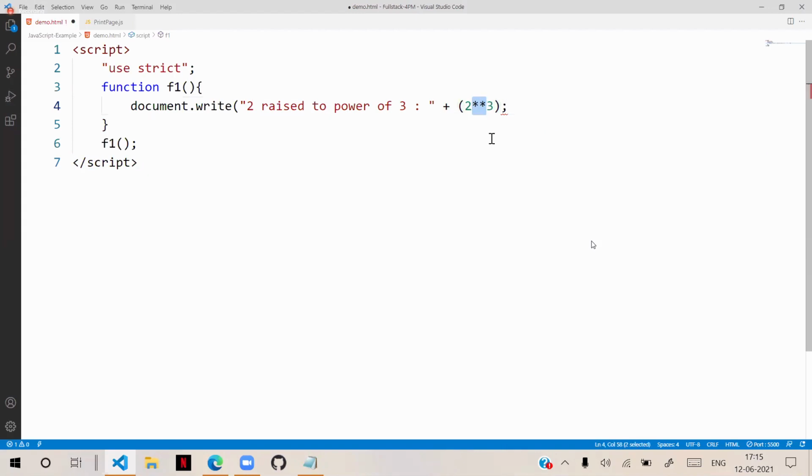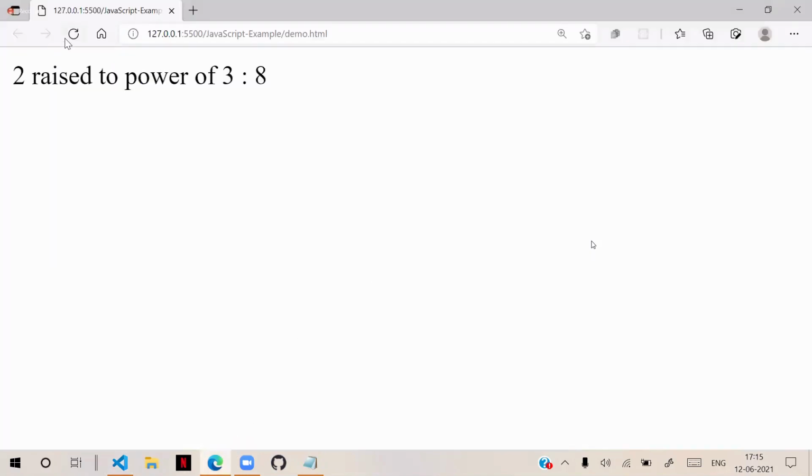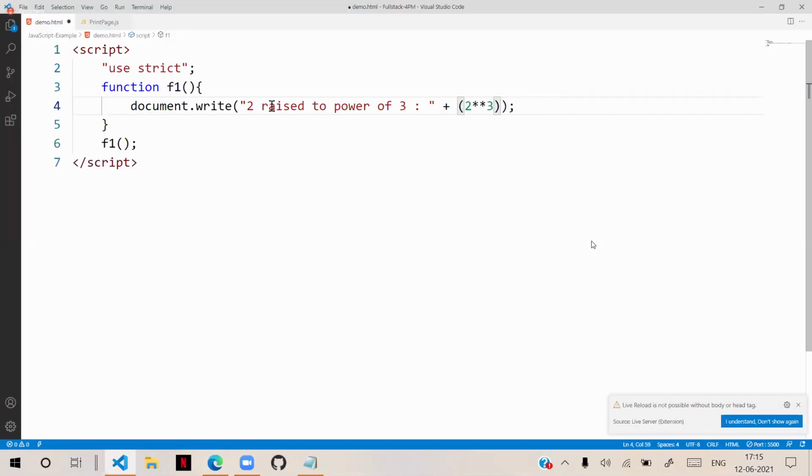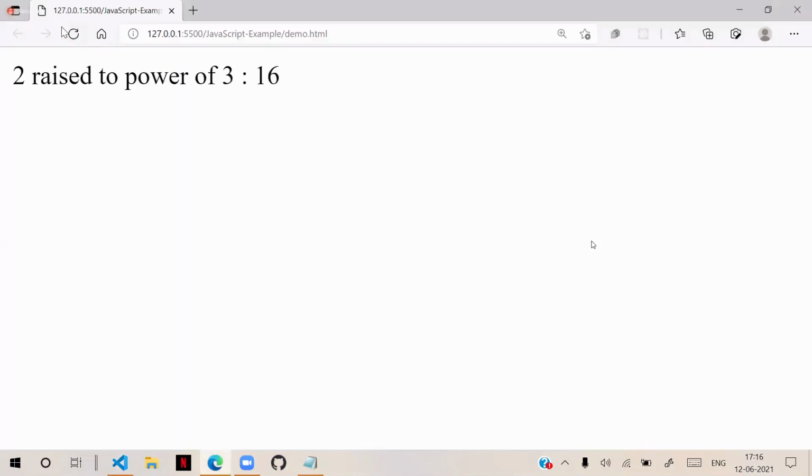And it's not available in the older versions. It is available in the new versions. You can define it in this way. So you say 2 to the power of 4. If you define this, you can see here, it will show that result. And 2 to the power of 3 can also be displayed here.